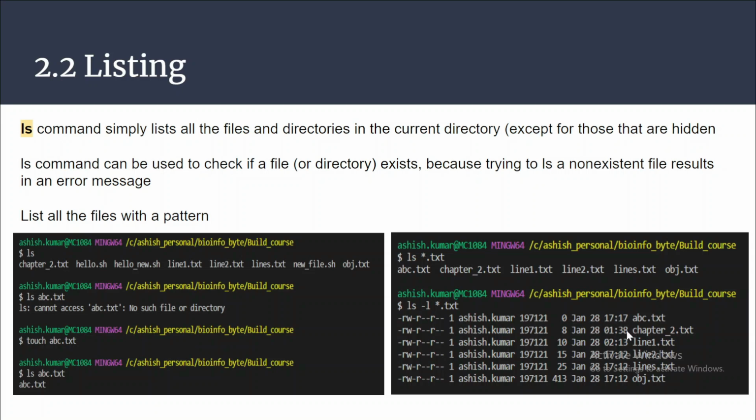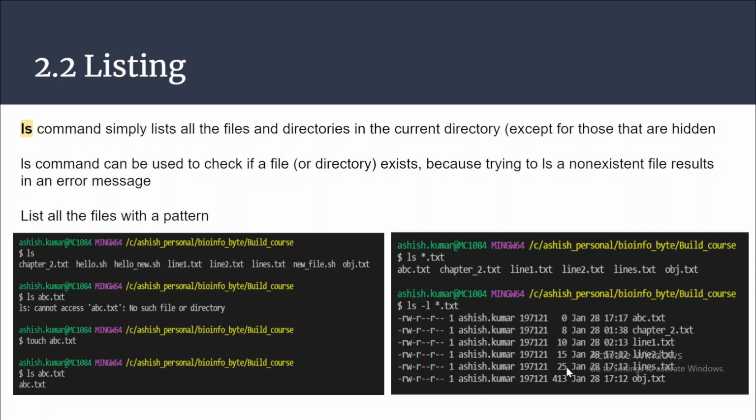So for example, this file was last updated at 1:38 p.m. and this one at 5:17 p.m. And this particular column gives information on the size of the file. Like this is 0, 8, 10, 15 KB, 25, 413 KB.